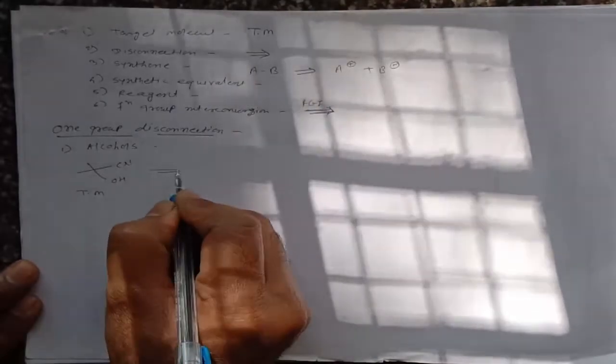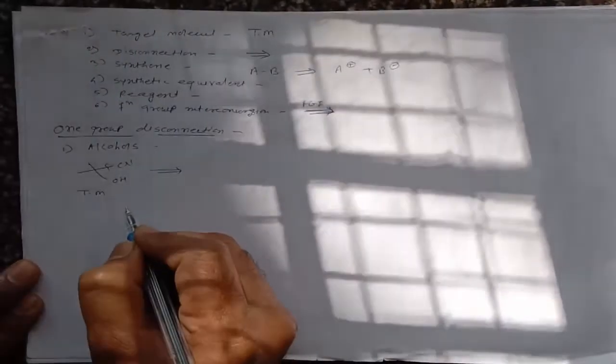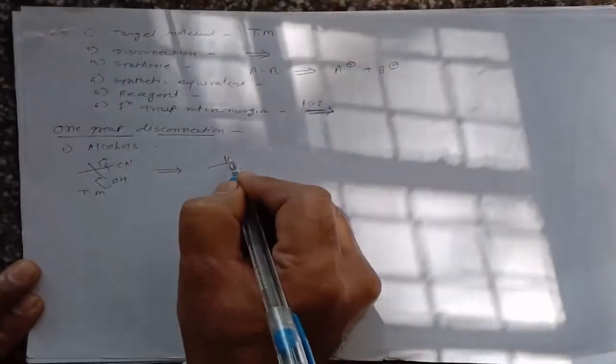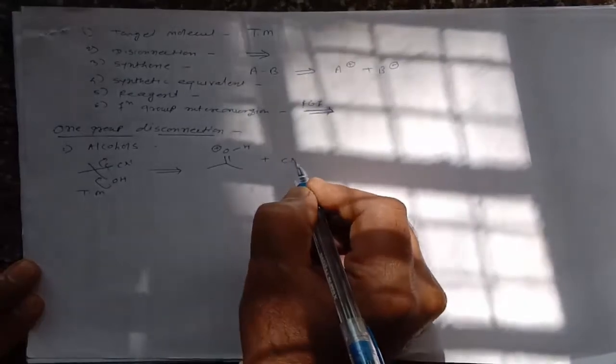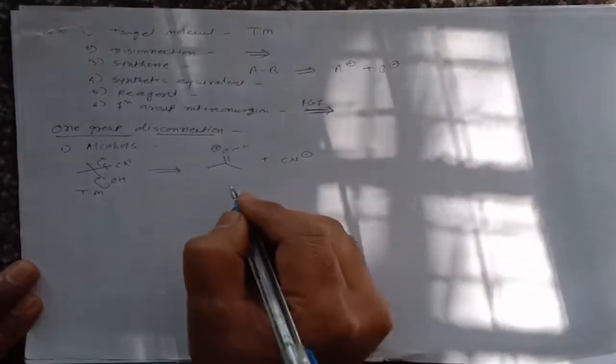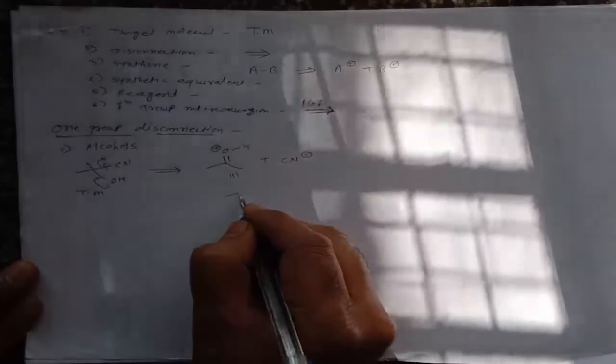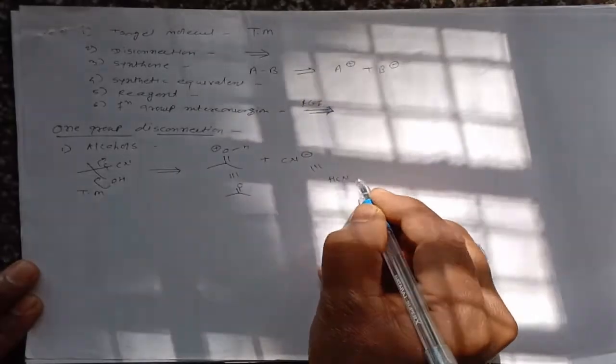So this is called the target molecule, and we can plan its synthesis. When we break this molecule, we can break this carbon-CN bond. How can we break this? The lone pair on oxygen will shift here and the bond will break like this, giving a synthon containing a positive ion, and along with it a negative ion. The synthetic equivalent for this synthon is acetone, and the synthetic equivalent for the negative ion is either hydrogen cyanide or sodium cyanide.